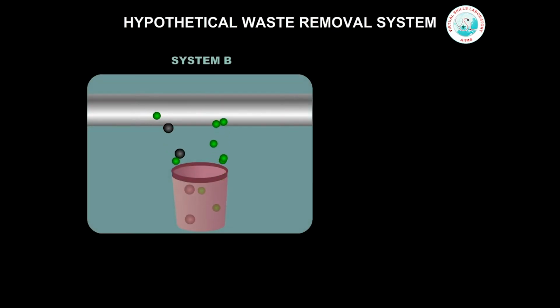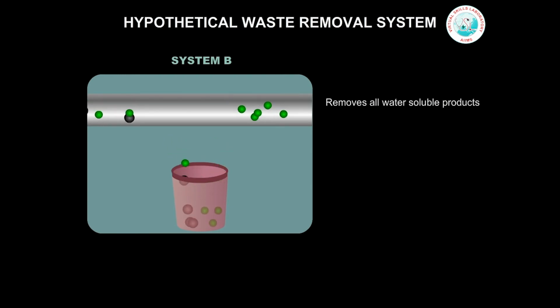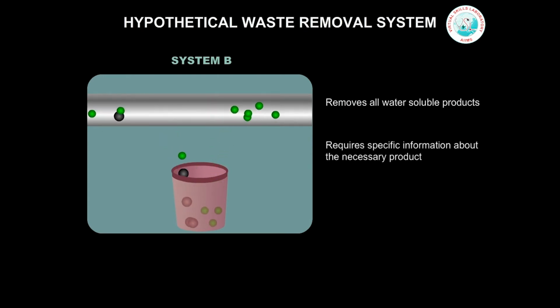Second option is System B, that removes all the water-soluble products from the circulation and selectively reabsorbs the required products back. This system requires specific information about the necessary products, which is of course possible. But the problem with this system will be unnecessary requirement of extra